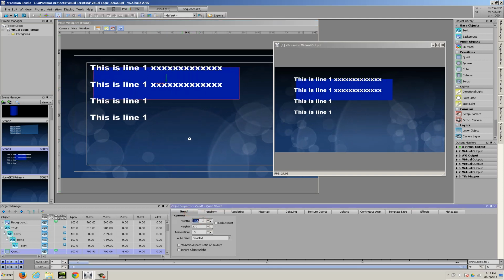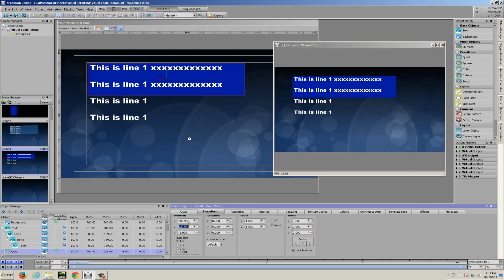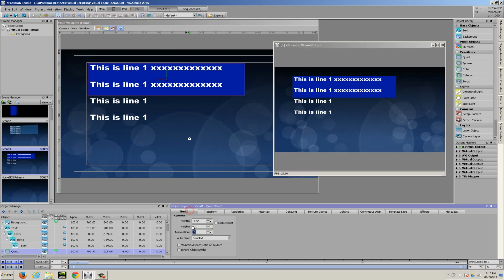I'll increase the width of this quad so that it spans the length of my text objects. And I'm also going to make a modification here to normalize the height and the scale properties of this object, because I'm going to affect the scale. But in order to affect the scale accurately, I need to adjust the height of this quad, because I basically want an increment of 1 unit in my Y scale to also create an increase of 1 unit in the object's height. So we're going to change the height of this quad to 1.